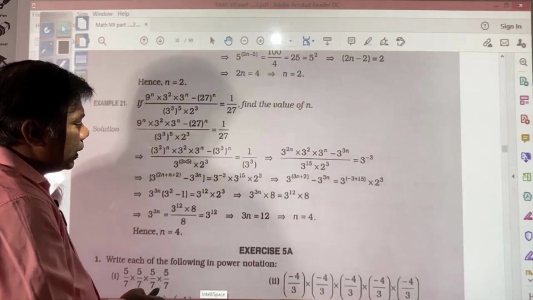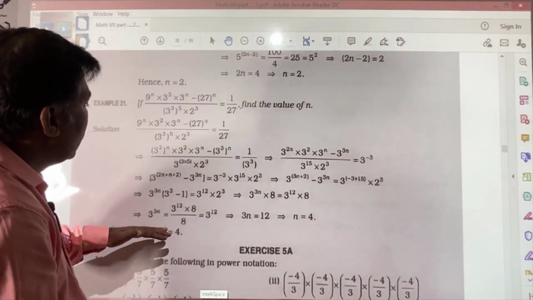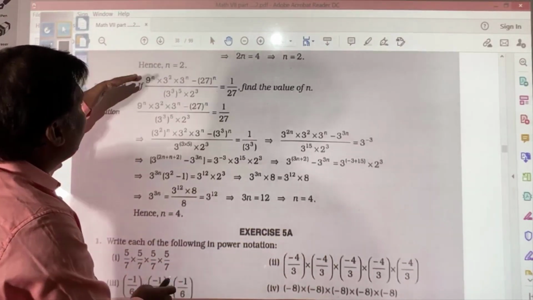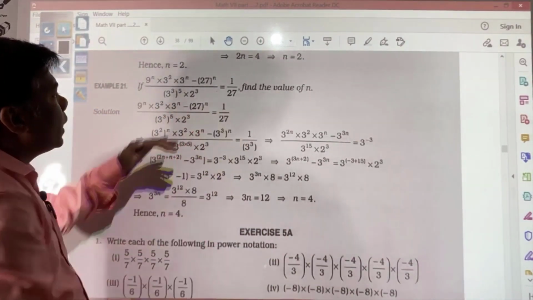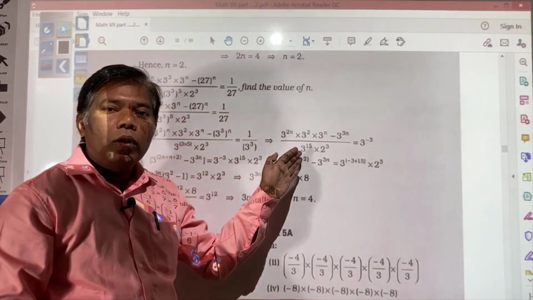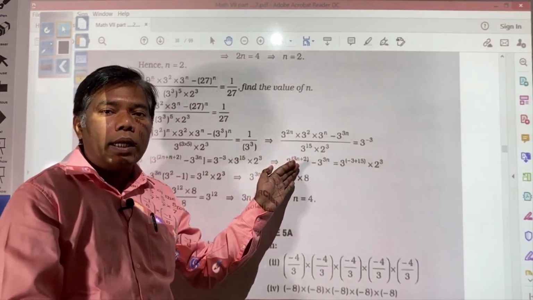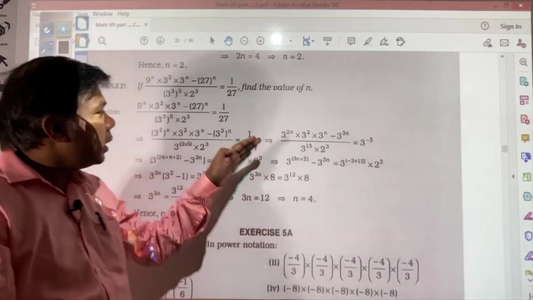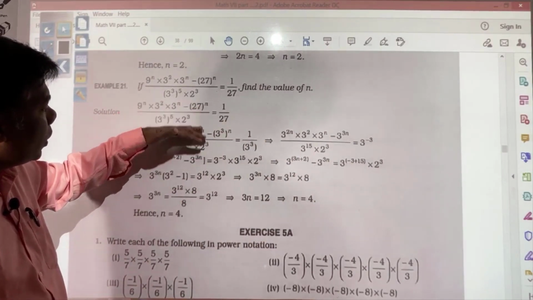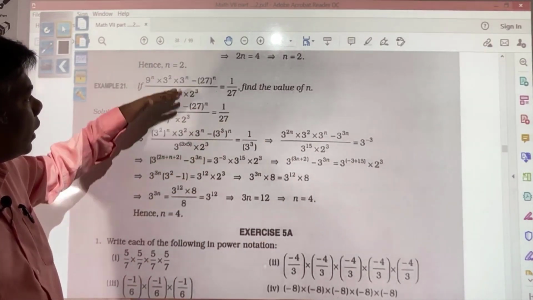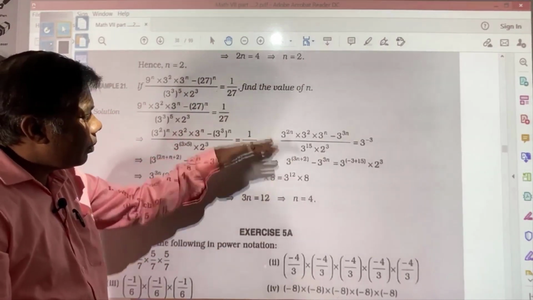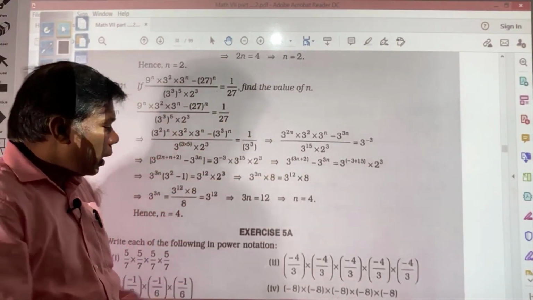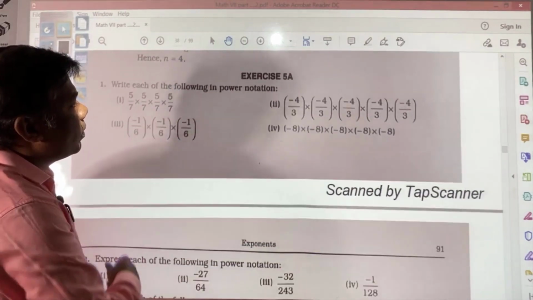So we have completed examples up to here. So again, each and every example is very important. Just you take questions, try to solve by yourself, do practice, many times you try. If you are not getting the answer, and if it is needed then only you go through these examples, otherwise you practice by yourself. And after completion also practice is required, and then you move to exercise 5A.